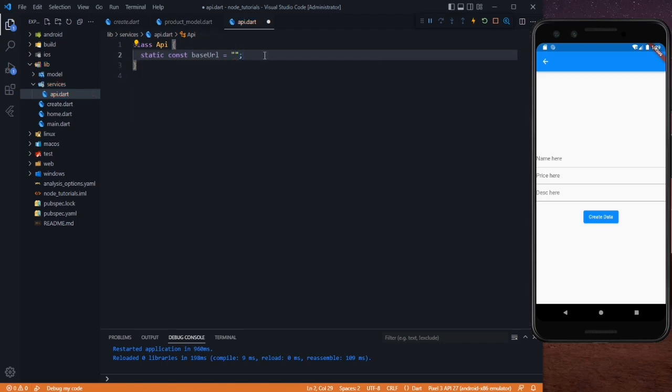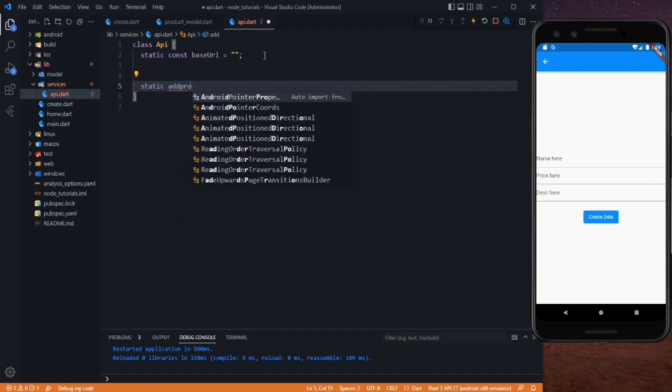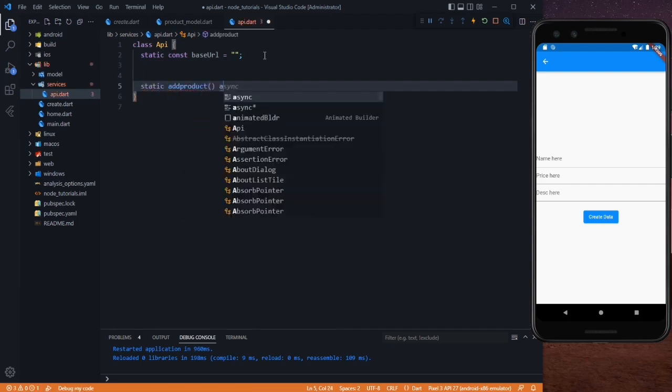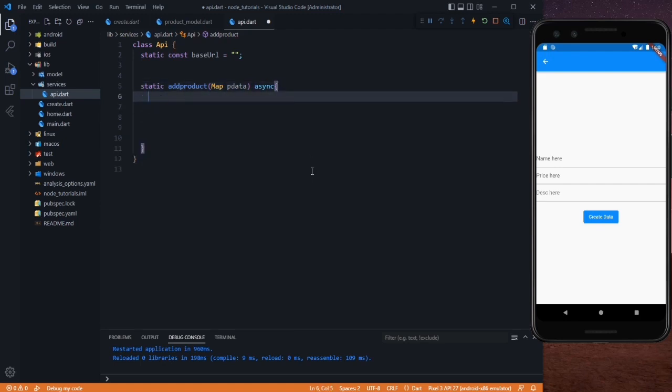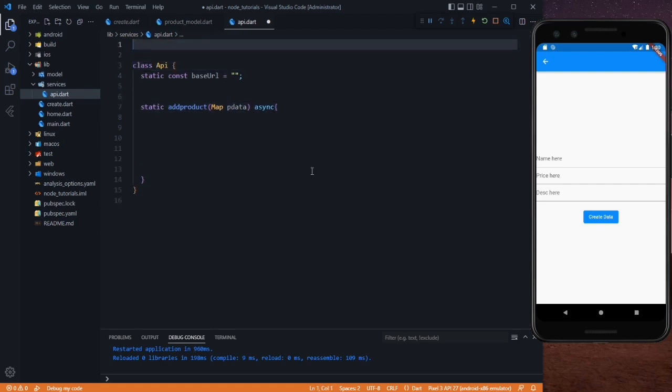And after that, as we are working with the create method, let's create a static addProduct. You can use createProduct also. It will be an async method, and as a parameter we will get the data from these 3, so it will be of type Map<String, dynamic>, and it will be our pdata, and just save it. After that let's first import our HTTP package, so it will be as http.